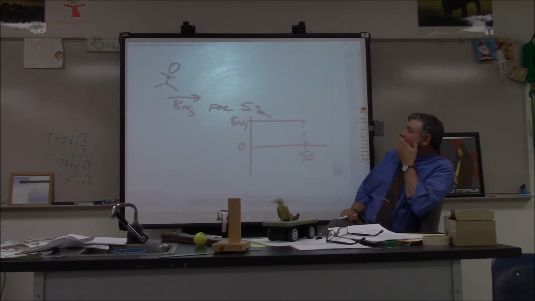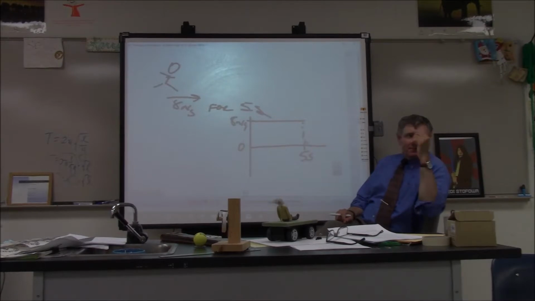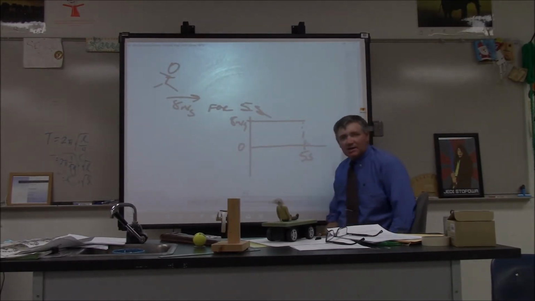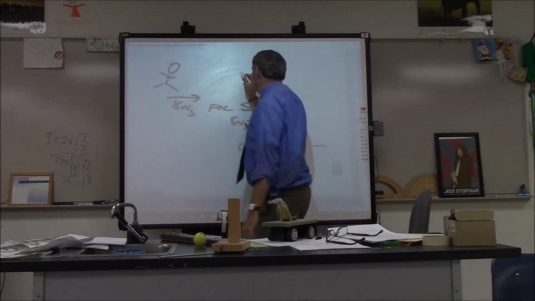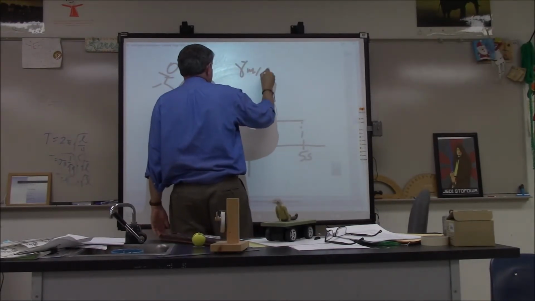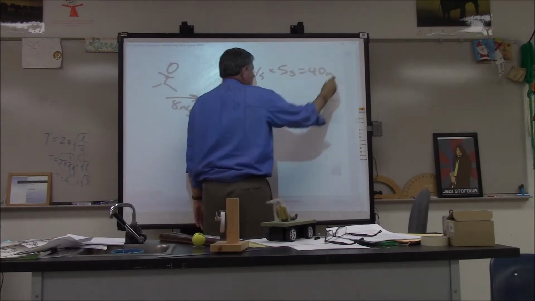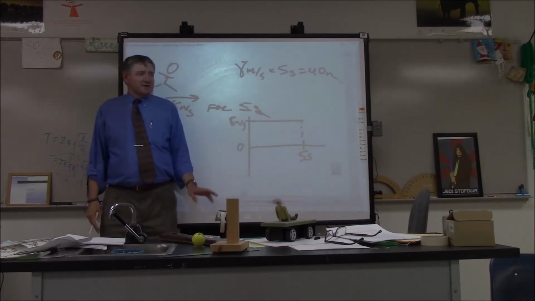Okay, I like that. Now, I'm going to find the area of this rectangle, and this is where you all are going to flip out. I'm just going to tell you right now, okay? So I have a rectangle that has a dimension of 8 meters per second by 5 seconds. That's the dimensions. I got 8 meters per second times 5 seconds, and you're going to get 40 meters. And you're going, whoa, area has to be in something squared, right?